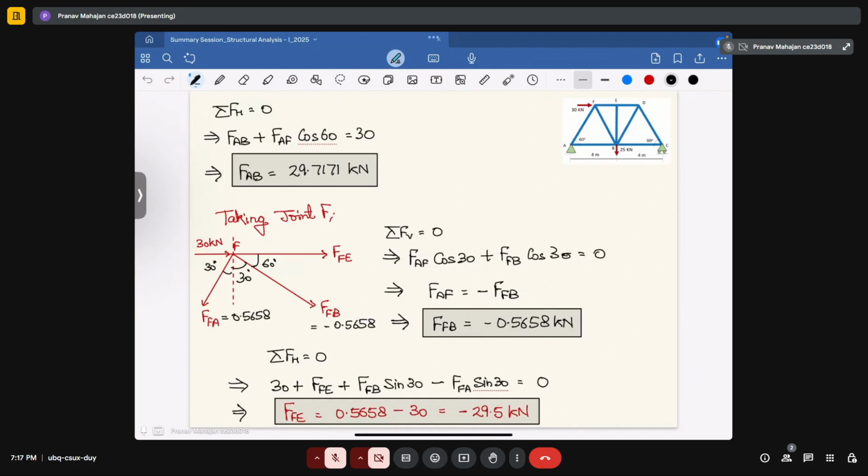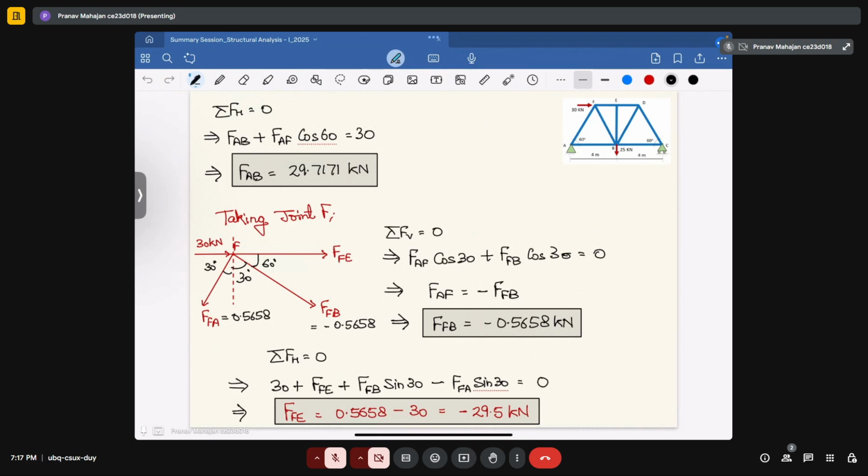After that, when we applied summation of horizontal forces to be equal to 0, then we got the value of the other member, that is AB, equal to 29.7171 kilonewton. Okay. After that, we move to another joint, that is joint F, in which again, if you apply summation of vertical and horizontal forces to be equal to 0, same we got to know the value of unknown members,